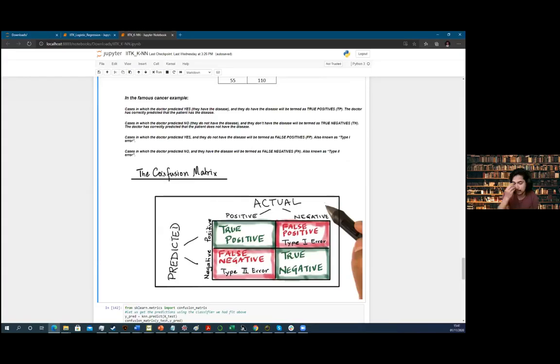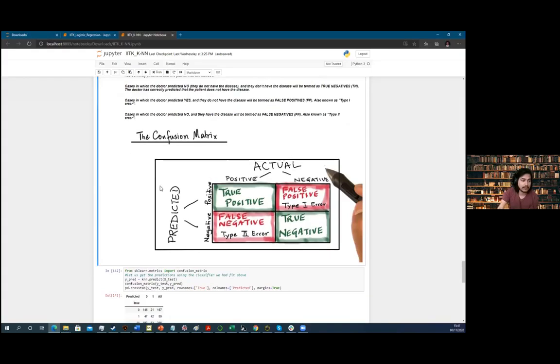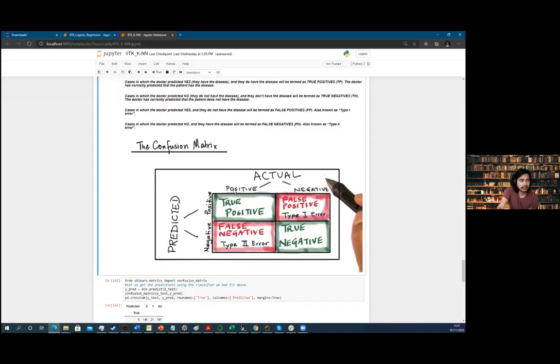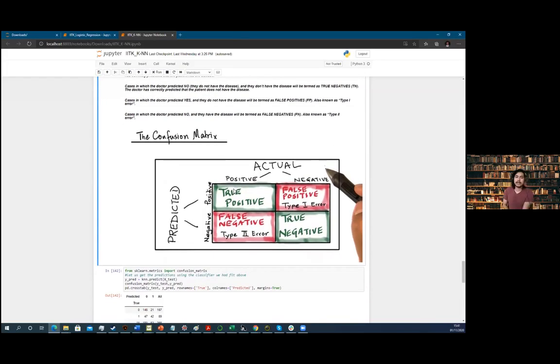If you have 2 classes, let's say positive and negative, take a simple data set such as cancer, telling whether you have cancer or not, along with the doctor's input as cancer or not. Your ground truth is whether you have cancer or not, and the prediction is what the doctor predicted.